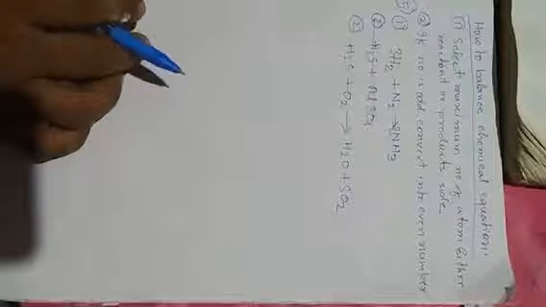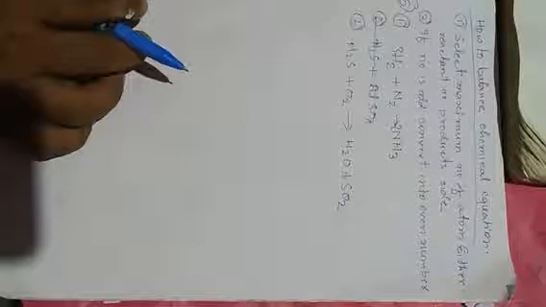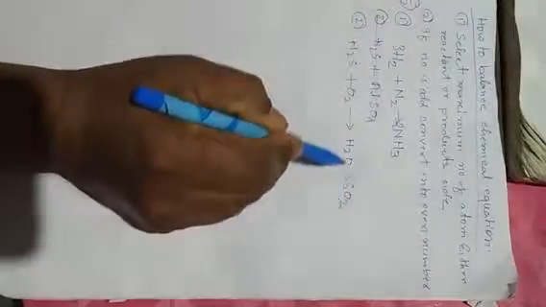So how is it balanced? What is the maximum number? Hydrogen on the reactant side is 2, product side hydrogen is 2. Reactant side sulfur is 1, product side sulfur is 1. Oxygen on the reactant side is 2, and on the product side oxygen is 3, from 2 plus 1. So oxygen is the maximum. This is an odd number, so convert it to an even number.